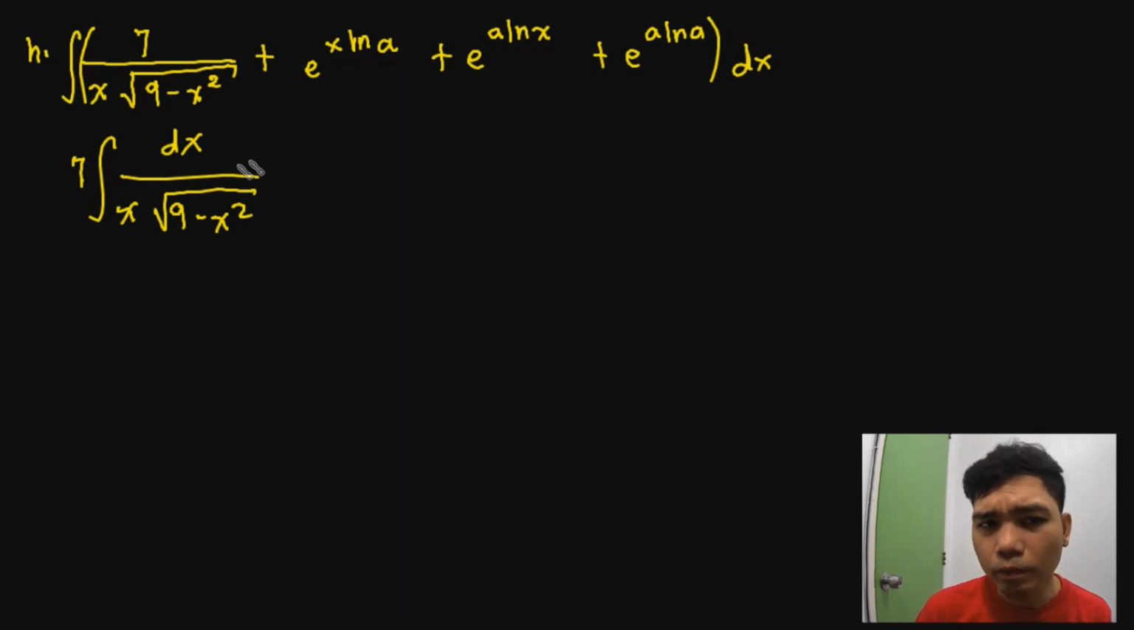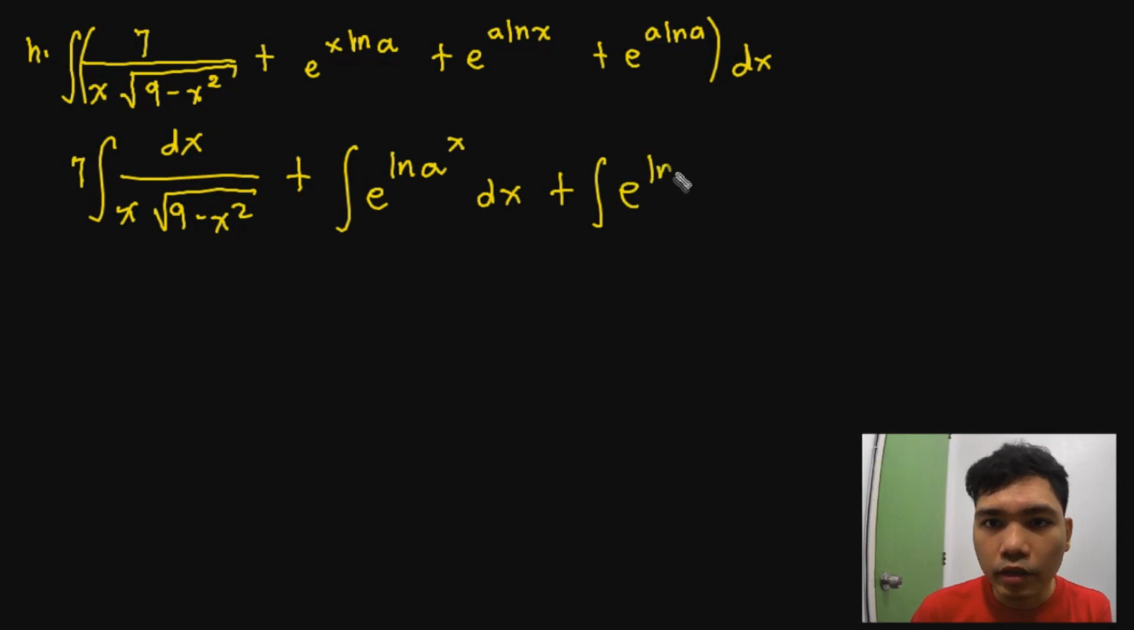And basically, if you check all the rules, you can see a rule that looks similar to this. Okay, but we'll just leave it for later. And then this one can be rewritten as plus something like the integral of e raised to ln of a raised to x, because that's a property of our logarithm. Then also plus the integral of e raised to ln of x raised to a, dx. And then finally the last one will be plus the integral of e raised to ln of a raised to a